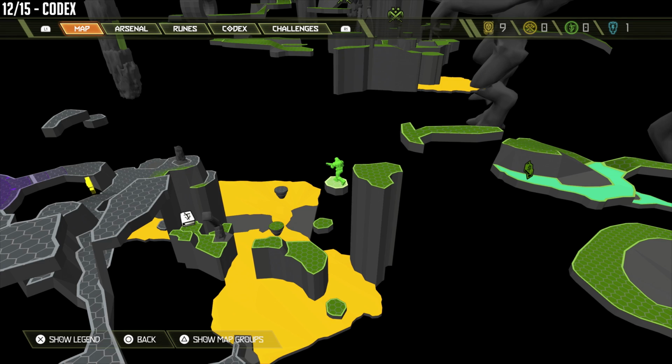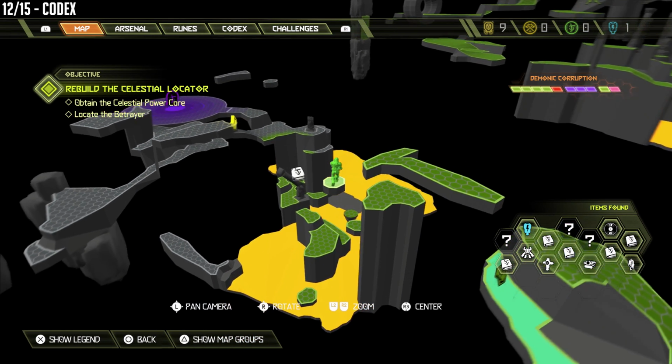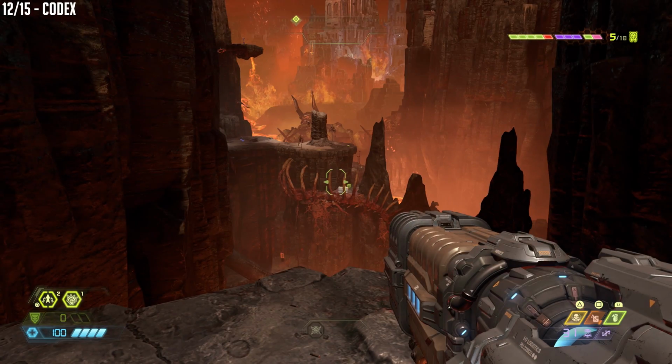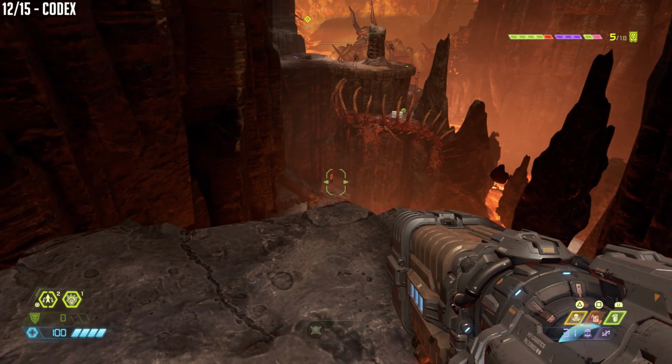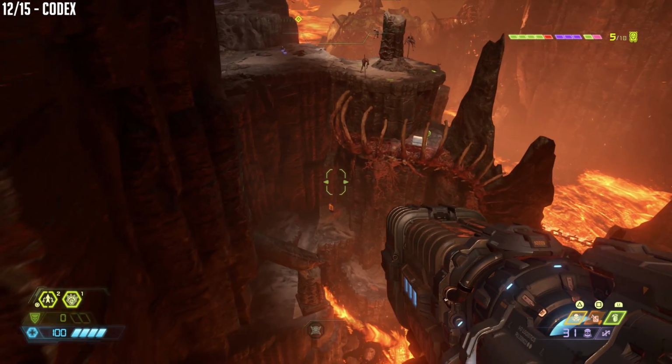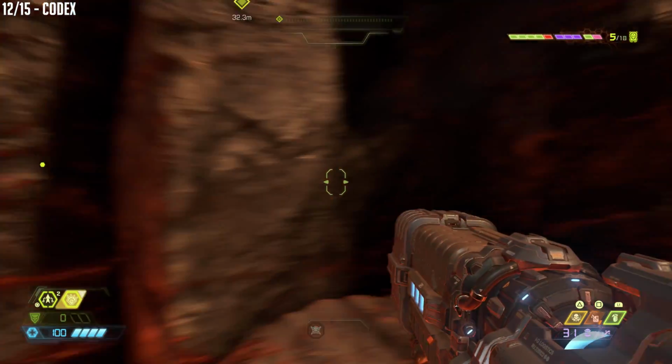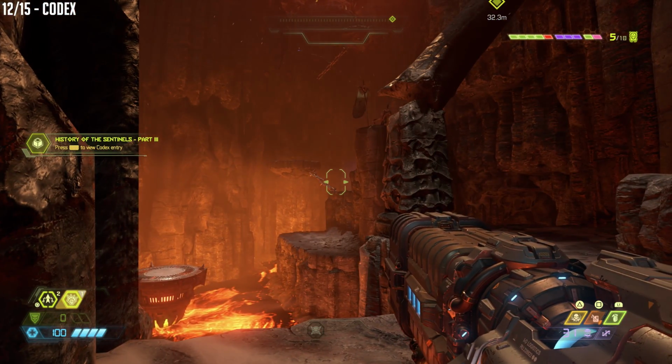The 12th collectible is going to be a Codex entry. You can see it down below. It's actually very close to the Slayer door. And we're going to spend a little time down here. And this one's actually going to be down in this corner over here. So you may see it from afar. We're going to pick that up. And then we are going to head over to...